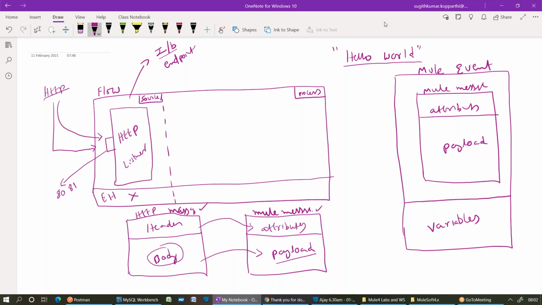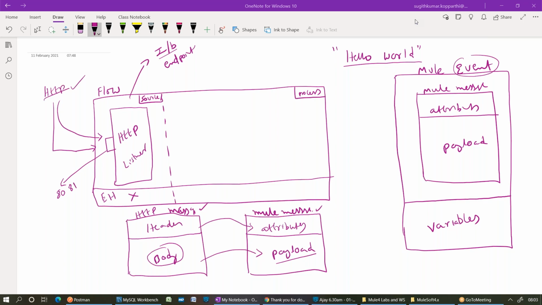So what is the responsibility of my inbound endpoint? To receive the HTTP message and convert it into a Mule message. I mean, not message, Mule event. Now, what is the structure of a Mule event?